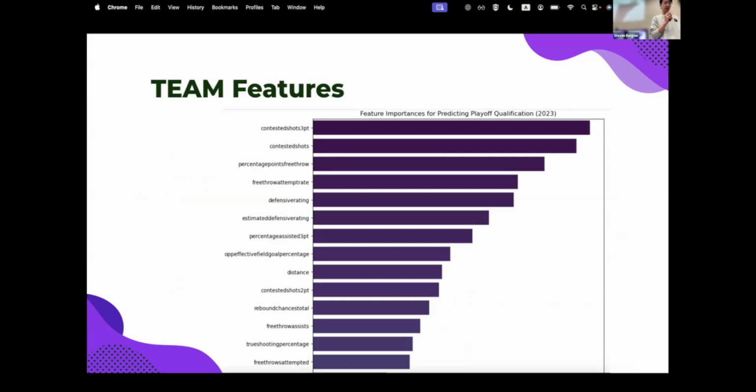We feed it into XGBoost and use that to rank all the features for predicting which teams get into the playoffs. That's showcased for 2023, and we can see that contested shots, whether 3 points or 2 points, are important here.